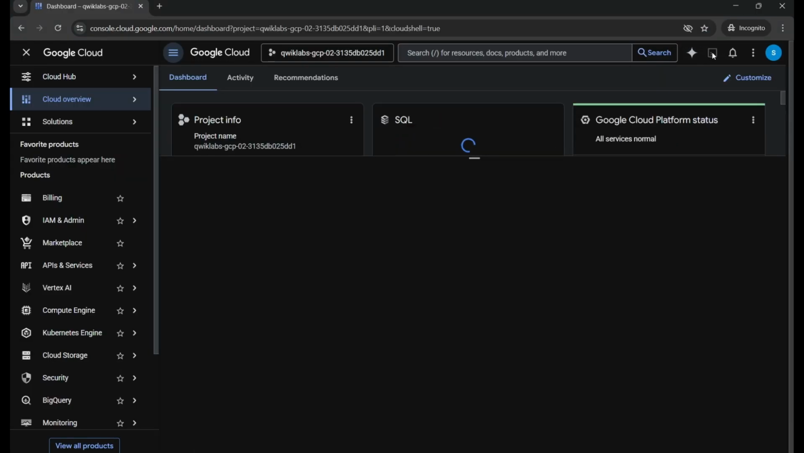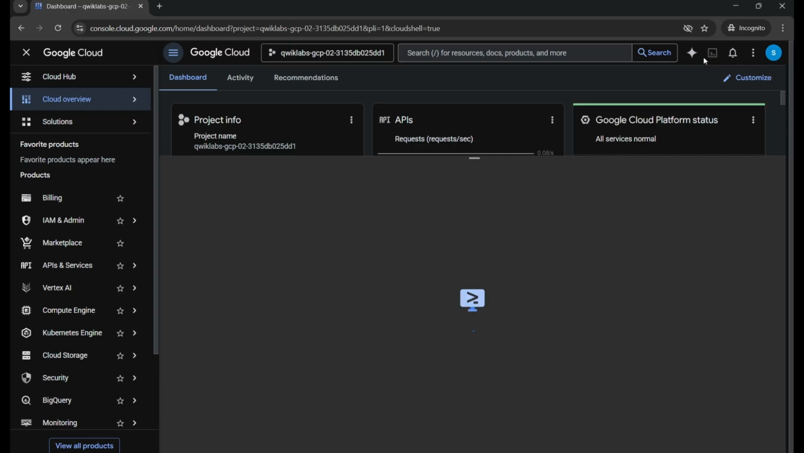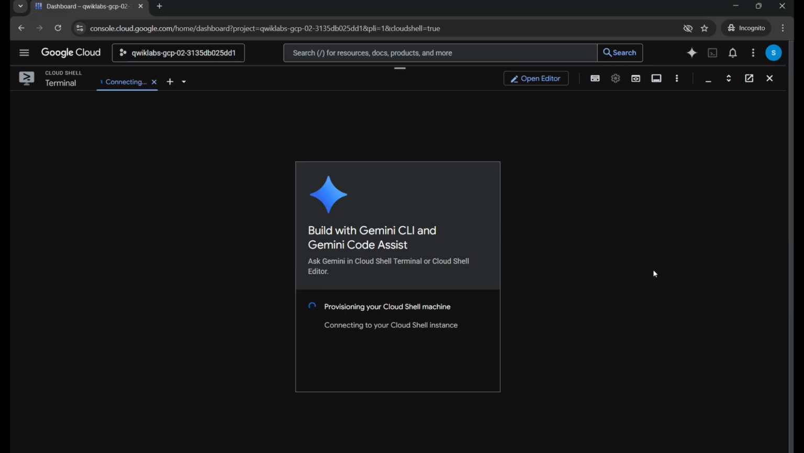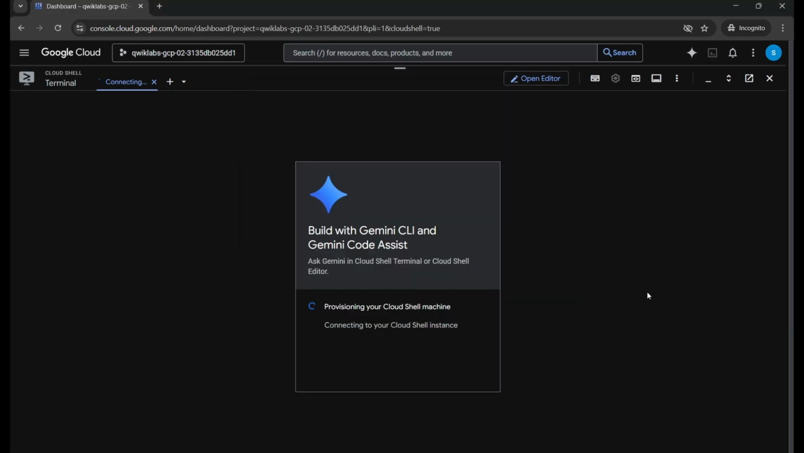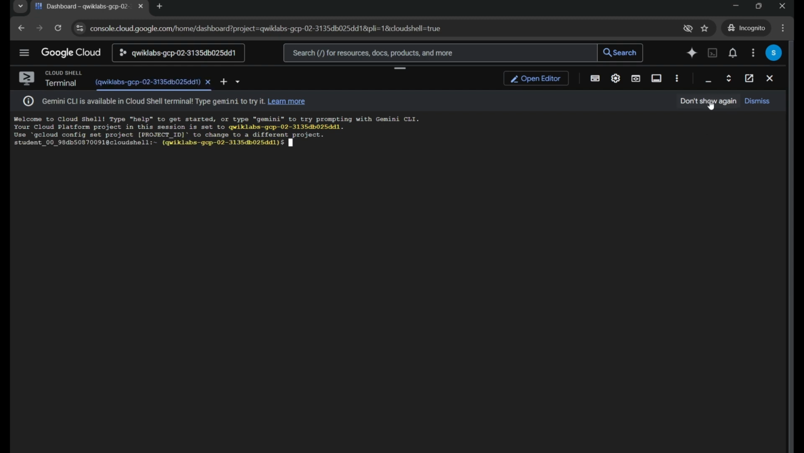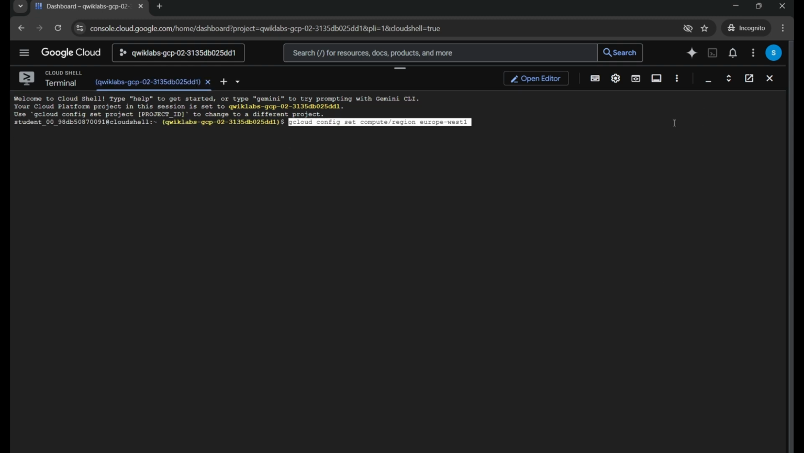इसके लिए हमें यहाँ से क्लाउड शेल को एक्टिवेट करना होगा बाय क्लिकिंग ऑन दिस आइकन। क्लिक कंटिन्यू। क्लिक ऑथराइज। नेक्स्ट पेस्ट द कमांड here।